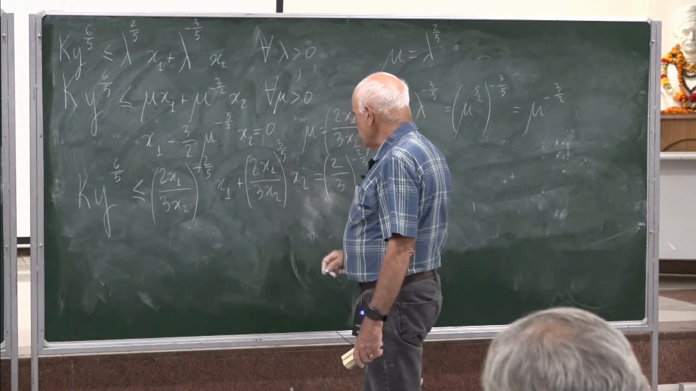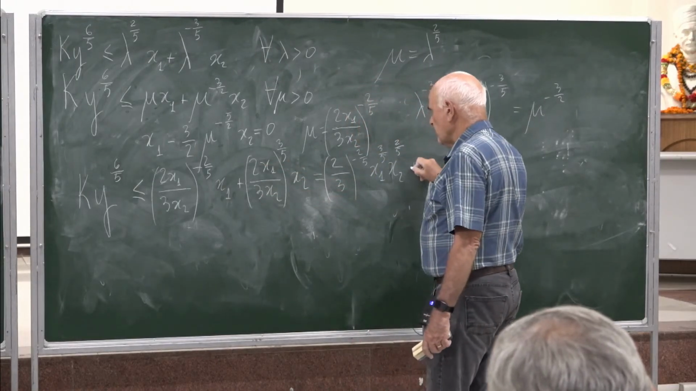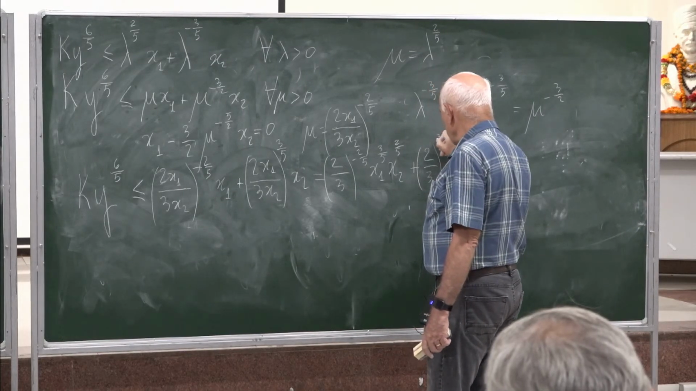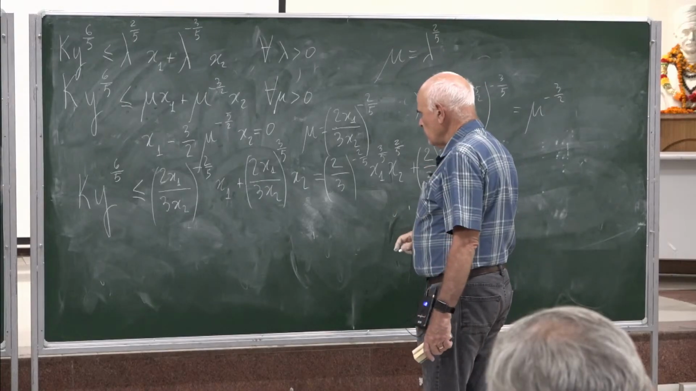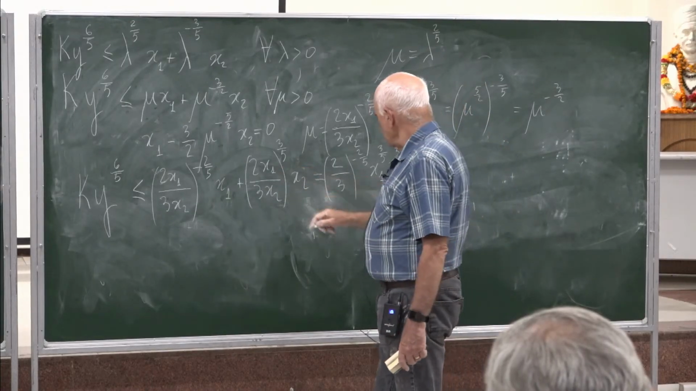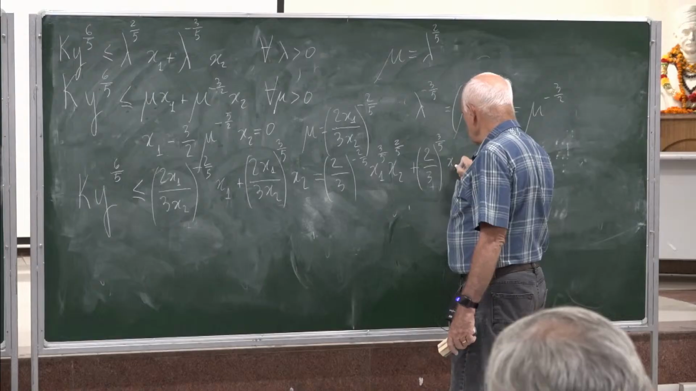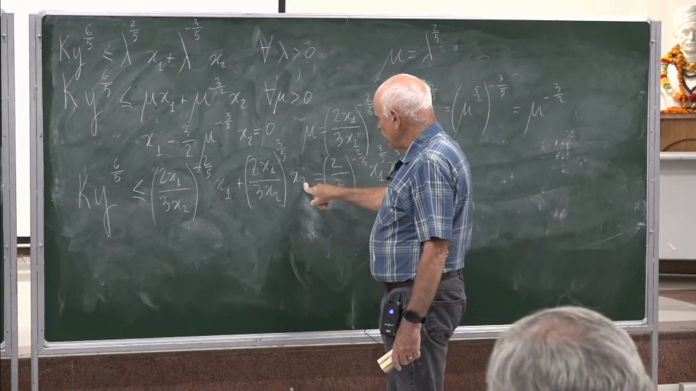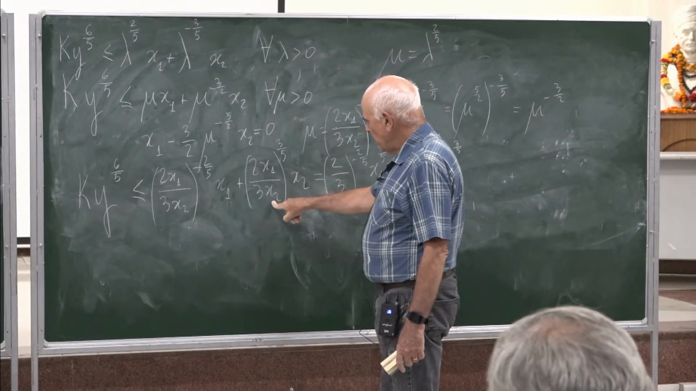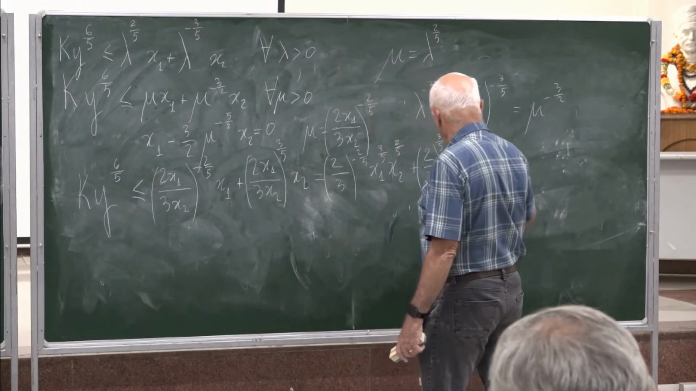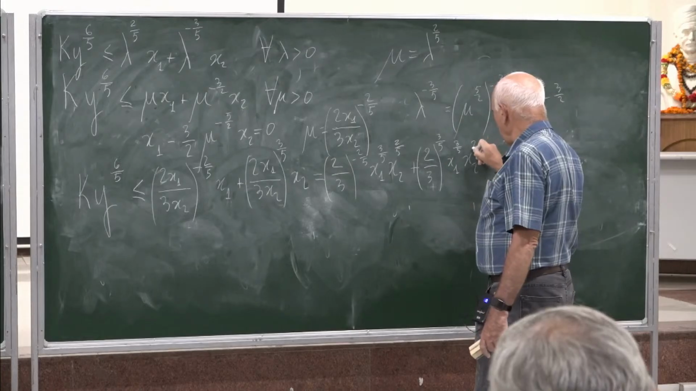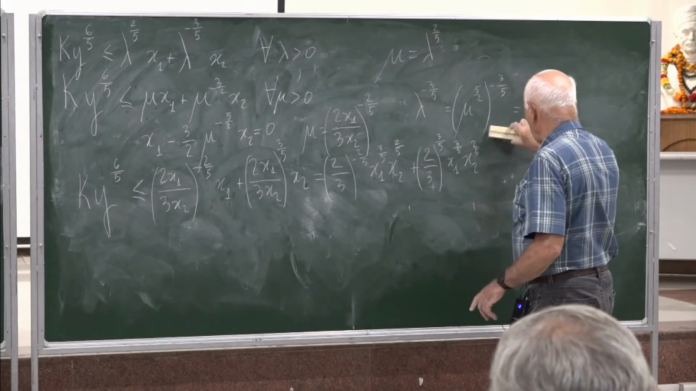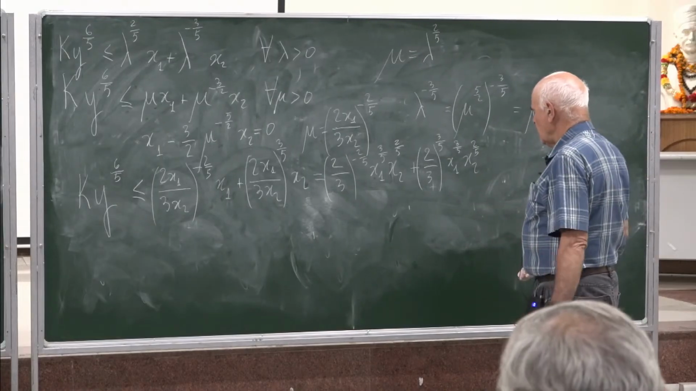And here (2/3) to the power 3 over 5, x1 to the 3 over 5 times x2 to the power 1 minus 3 over 5, which means 2 over 5. Fantastic, because it's the same as here. So I get